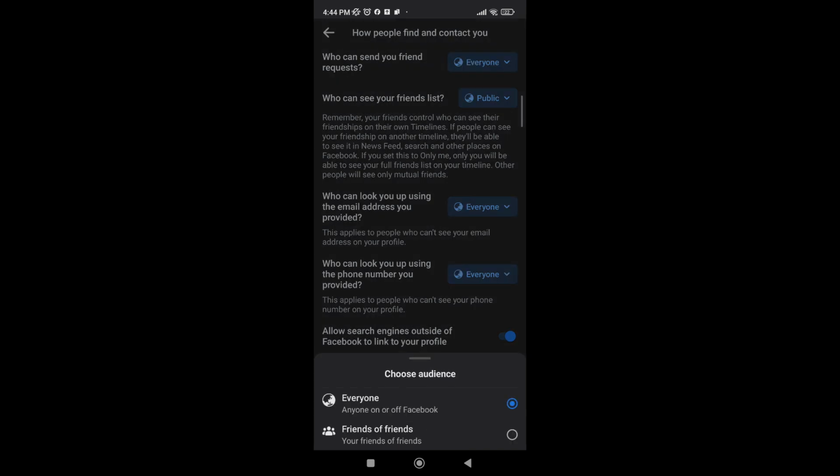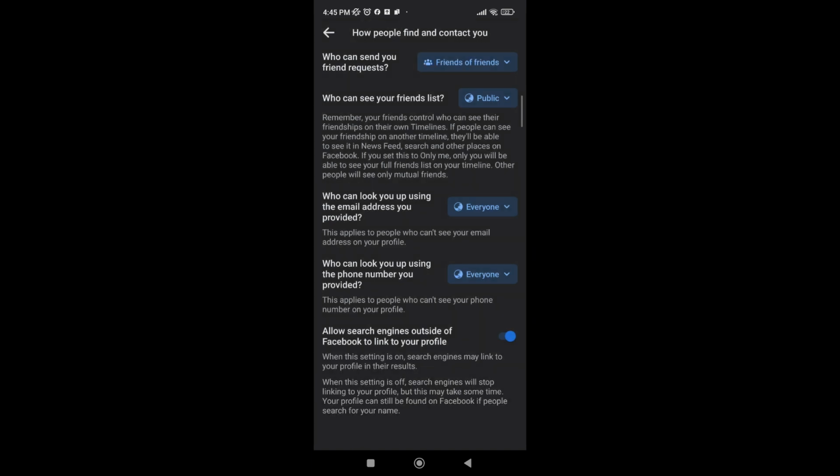What you need to do is set this to friends of friends. If all of your options are set to public and everyone, what you need to do is set it to private and set it to only me if you have the option, or you can set it to only friends or friends of friends. So you set it to only me, which will allow your profile to be private, and